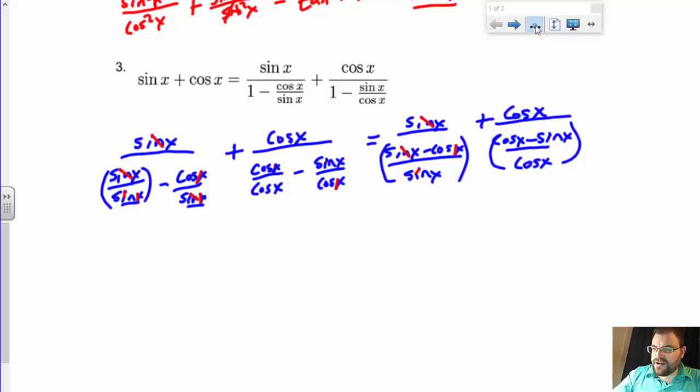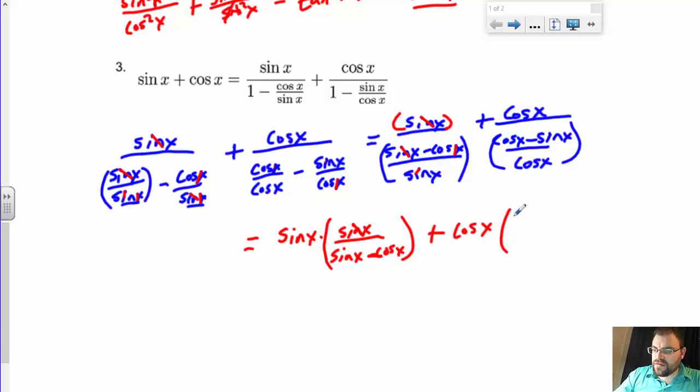So what I'm really getting here, and let's change this to red maybe we won't get these little slash marks, is I'll have a sine of x, okay, times sine of x over sine of x minus cosine of x. Okay, I'm just multiplying sine here by the reciprocal of the bottom. That's what I'm doing. So we're just flipping the bottom fraction. That's what we get. All right, we're going to do the same thing here. We're going to multiply cosine of x by the reciprocal of this, which is cosine of x over cosine of x minus sine of x. All right,